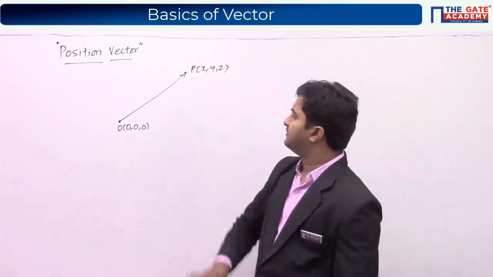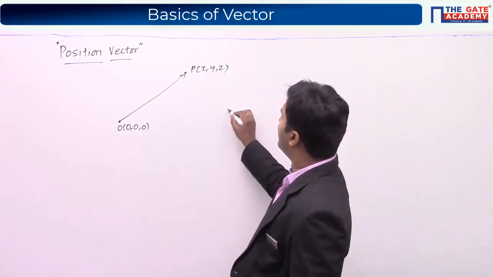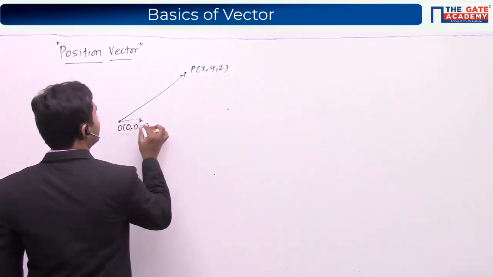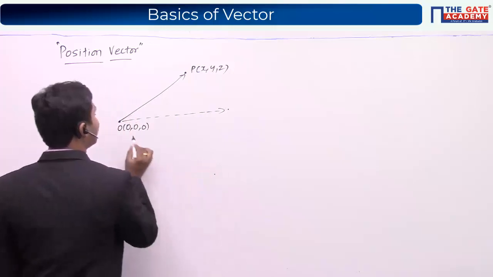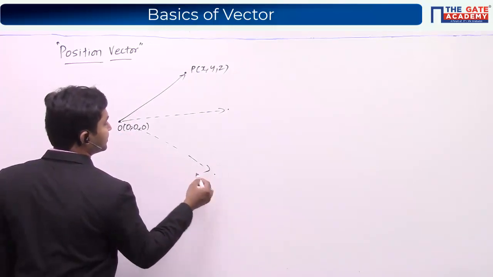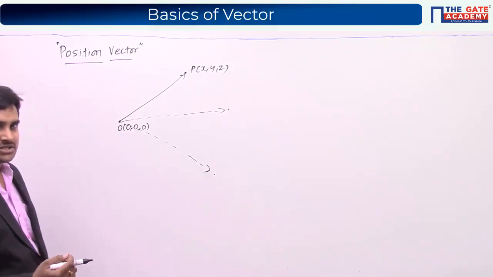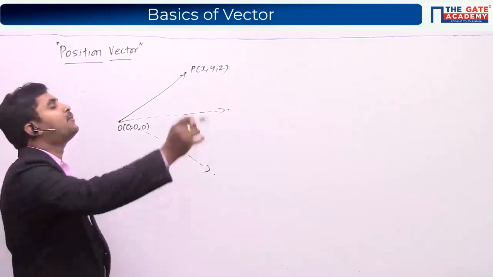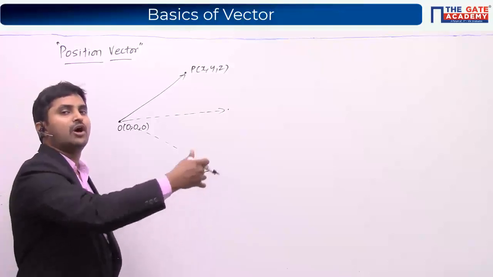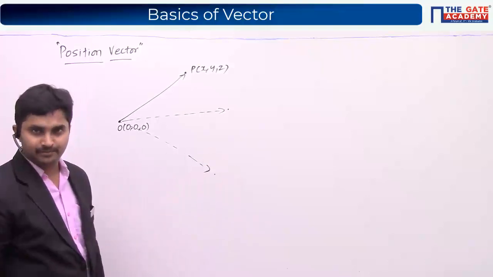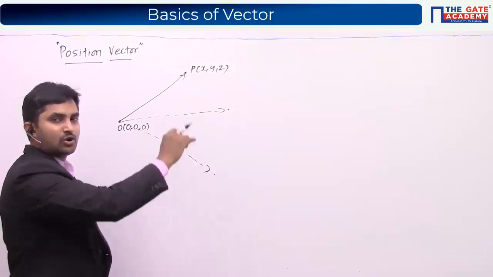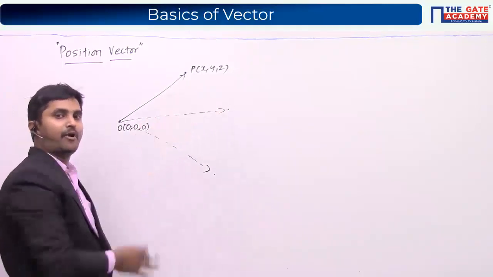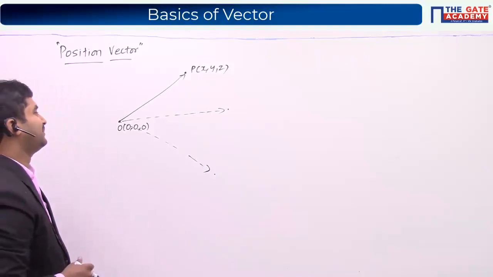Now this is a vector. Like that I can do with any point in space. I can just combine it with the origin and draw the vector which has a direction. Such a vector is what we call a position vector. It means that at any position where you have a point, you can draw a vector, thereby the name position vector. At any point in space you can draw a direction from the origin to that particular point, thereby the name position vector.